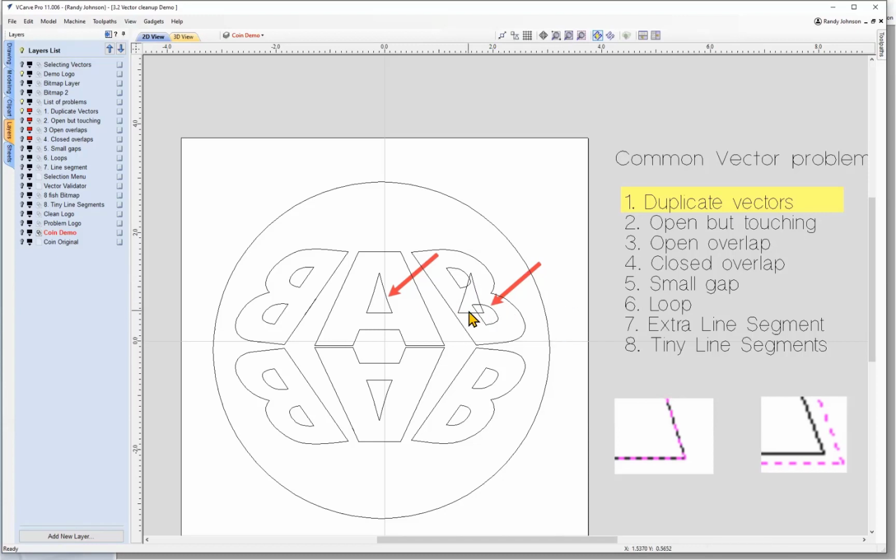So duplicate lines are one thing that are going to cause you trouble along the way. You just got to look for them and then get rid of them. Any questions about that? Okay, next up,